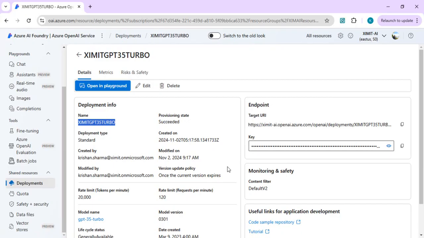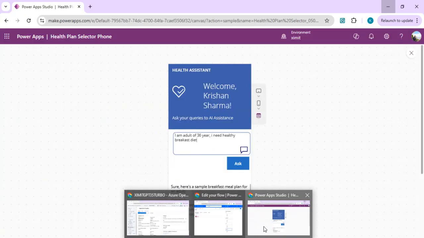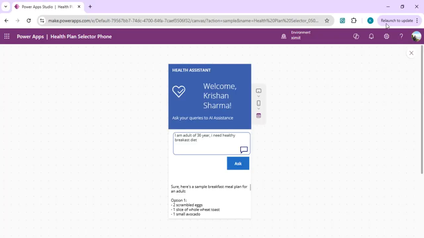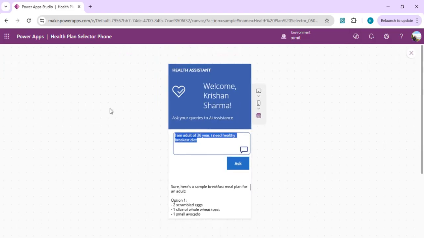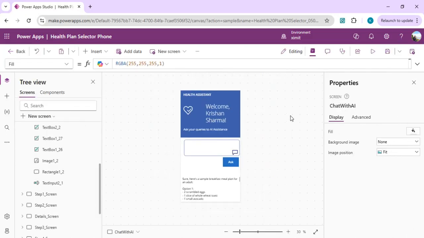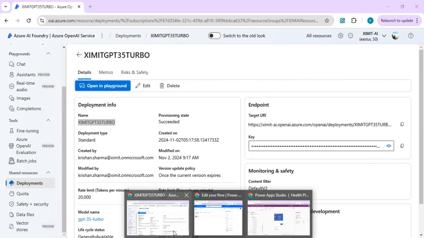And the final part is that we are going to make a quick app like this. If I run this app and ask some questions, we are going to create a health assistant over here which will answer our queries related to health or diet plans, based on your customization. So you can ask those questions to the LLM using the Azure OpenAI service. So I'll just go back to this